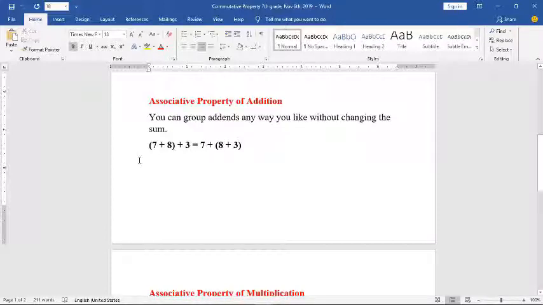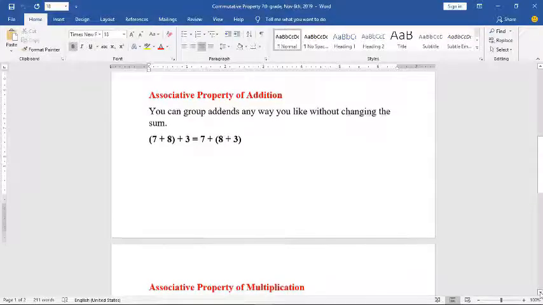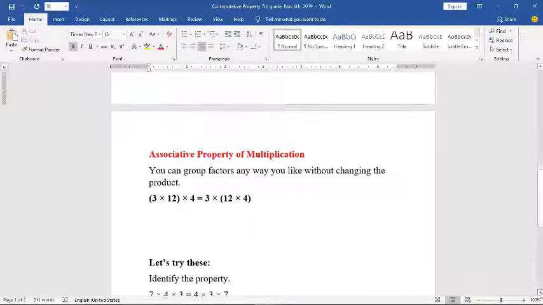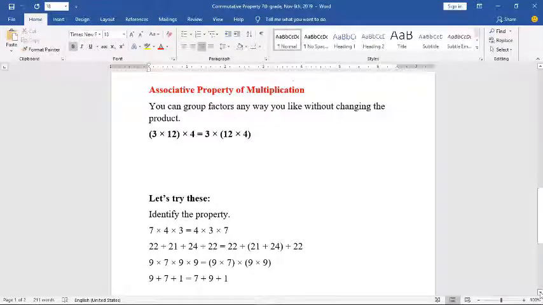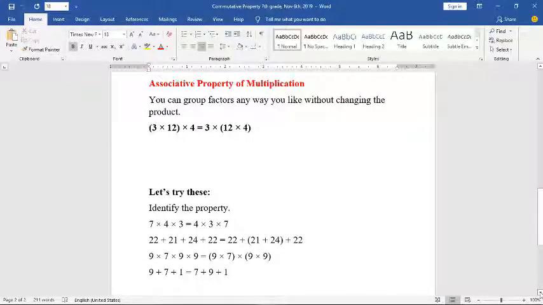I group 8 and 7 here, and here I group 8 and 3, and both ways I have the same answer. The last one is the associative property of multiplication, and it's the same thing as the associative property of addition, except